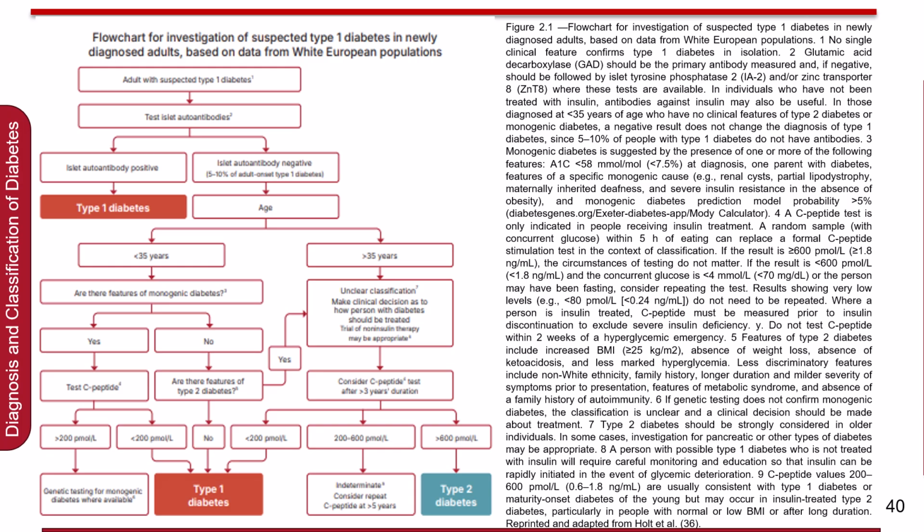However, if no autoantibodies are detected, further investigations are required, including assessing whether the patient exhibits features of type 2 diabetes or monogenic diabetes. For individuals older than 35 years, a C-peptide test is recommended to evaluate pancreatic insulin production. If C-peptide levels are below 200 picomoles per liter, the diagnosis is likely type 1 diabetes, confirming significant insulin deficiency. If the levels fall between 200 to 600 picomoles per liter, the classification remains uncertain, and a follow-up test after 5 years is advised to reassess the patient's insulin production. Conversely, a C-peptide level above 600 picomoles per liter suggests type 2 diabetes or monogenic diabetes, warranting further genetic testing